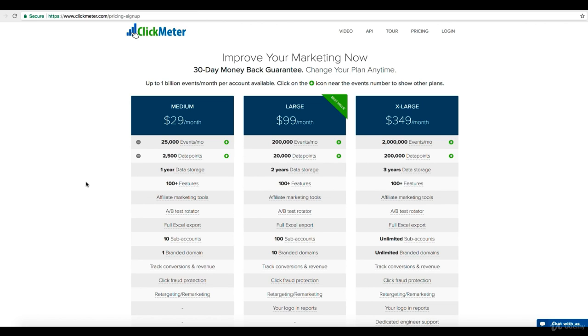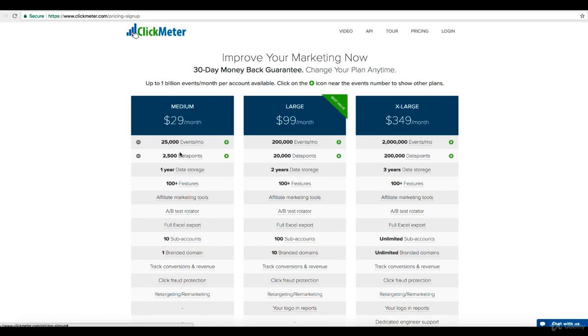The real problem with this service is the number of branded domains that you get. Branded domains means the number of domains that can be used for cloaking your links. For example, let us say you promote two different kinds of products. Let's say you promote healthcare products and you also promote computer security products. So you would definitely use a healthcare related domain name for masking all your healthcare related affiliate links and another domain name for masking all your computer security related affiliate links.